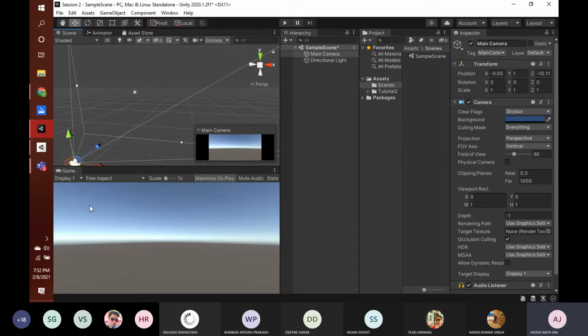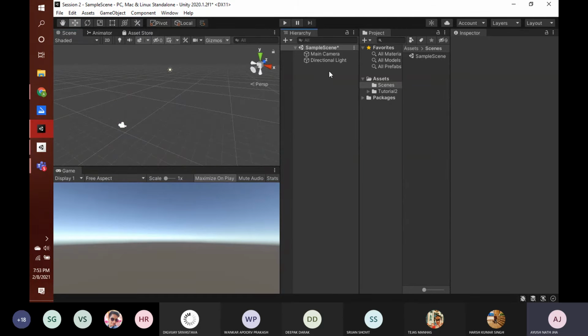And below is the game view, which shows what the camera is seeing. Wherever your camera is and whatever the camera is seeing is displayed in the game window. Whenever you want to test your game, you click play. Here we have three buttons: play, pause, and step. When you click play, everything will happen here, and whatever is displayed here is what is seen by your camera, unlike this place where you can fly around irrespective of where the camera is placed. You can see everything here. You can even place the camera here.